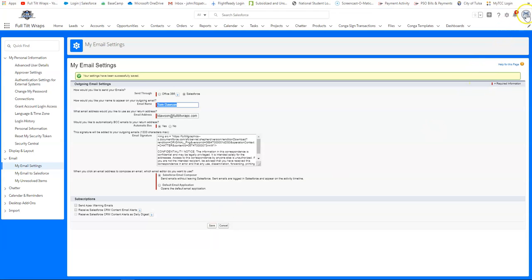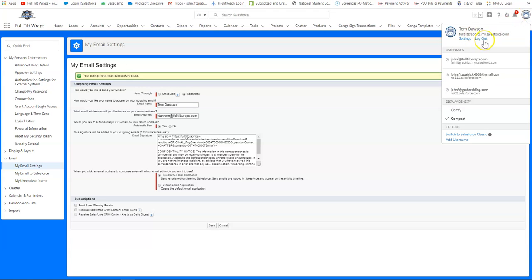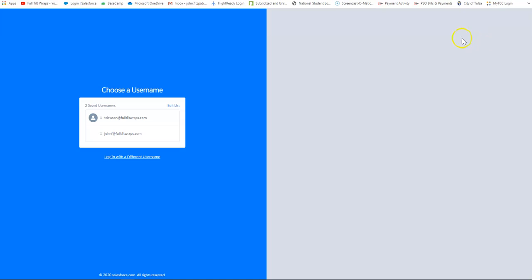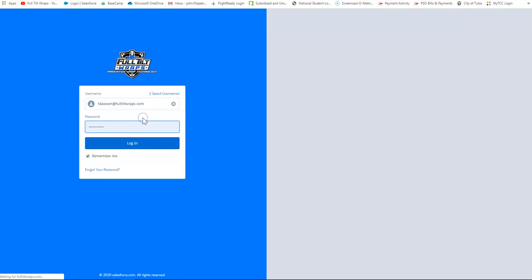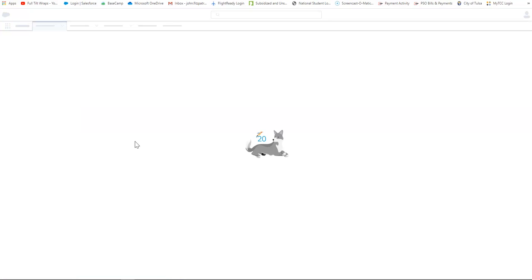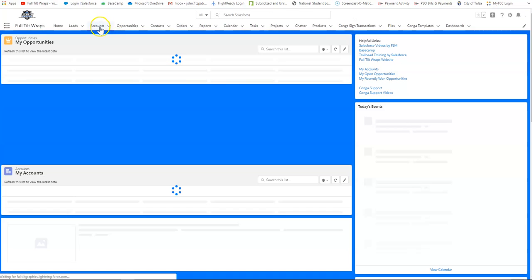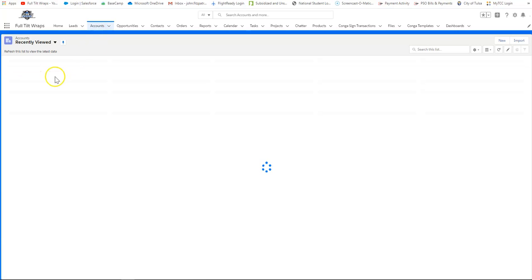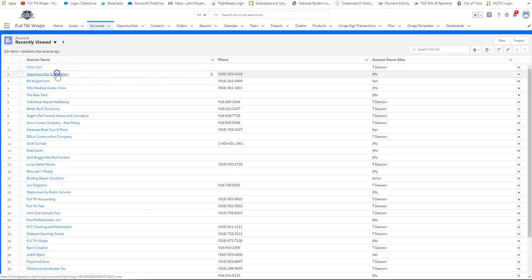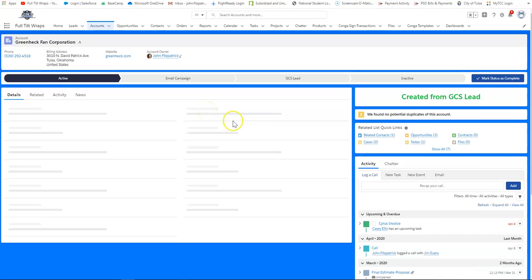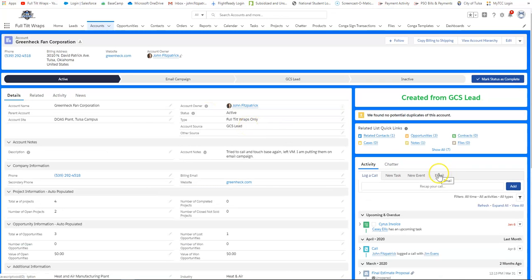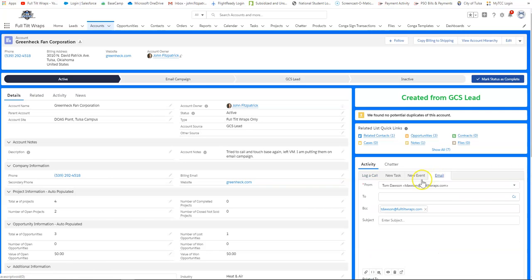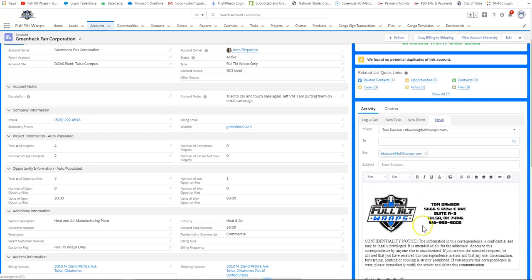And then, just as a safety thing, I go ahead and log out and then log back in as Tom. And now when I go to the accounts, I can pick that same account that the customer called in about, saying, hey, your thing says Alaska. And now when I go to email from Tom's account, you will notice that his image now is correctly stating